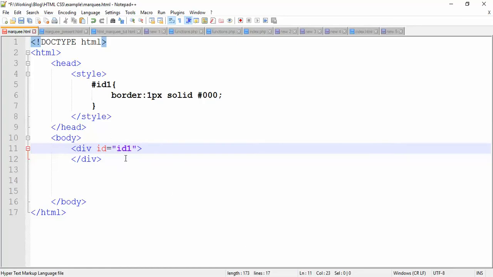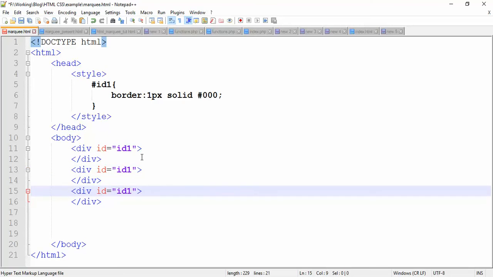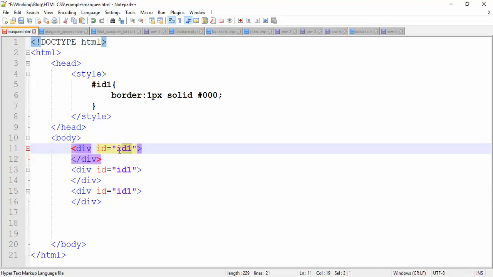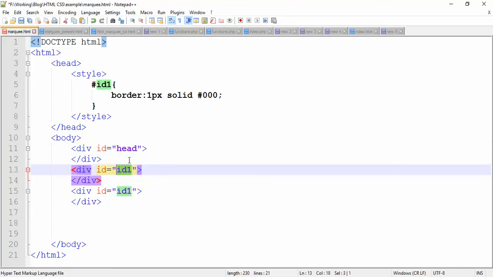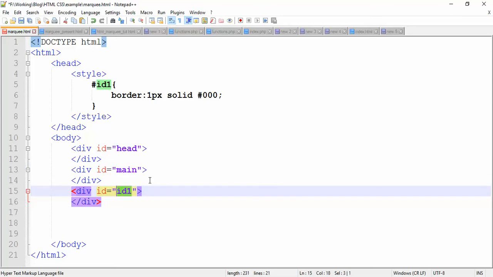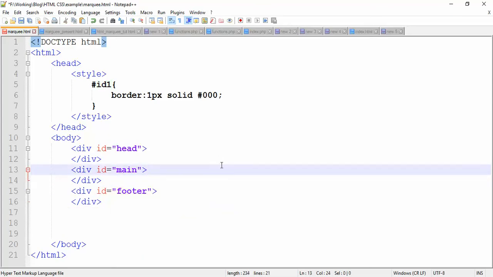So we can add 3 IDs here, like Control D to duplicate and duplicate. So the first one is for our head, the second one is for our main content, or content, or main. Okay, and the third one is for our footer. Okay, that means ID is used for a specific section like header, footer, or other thing,